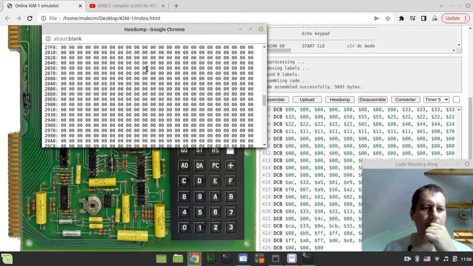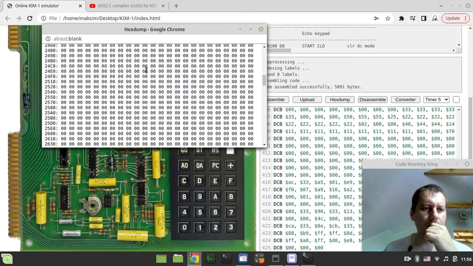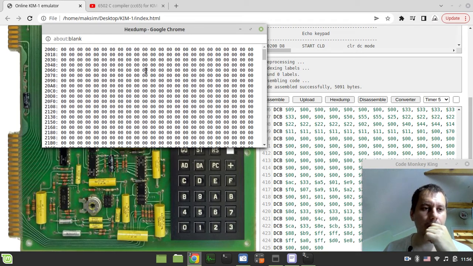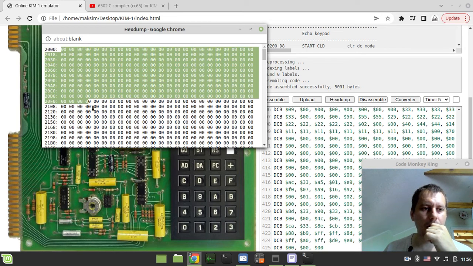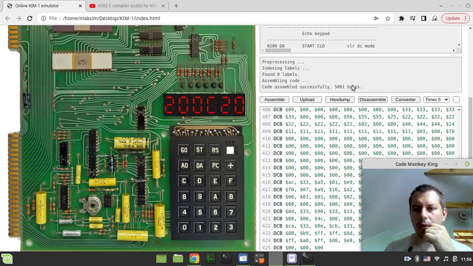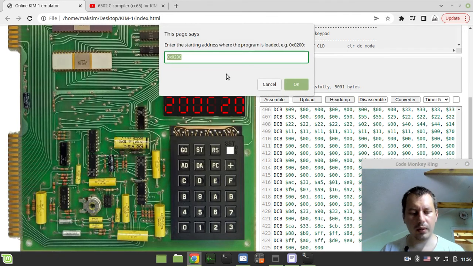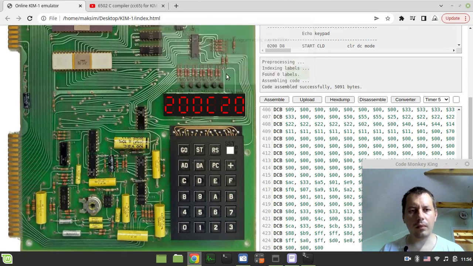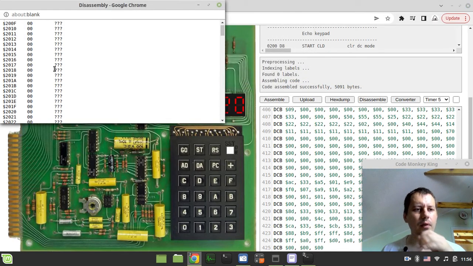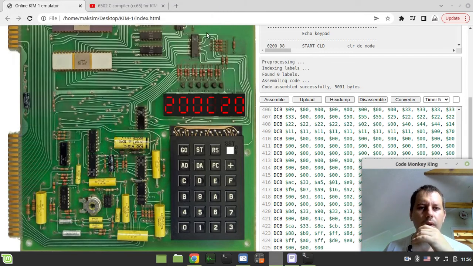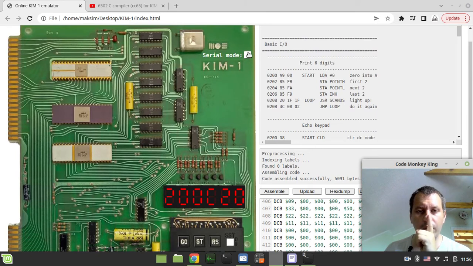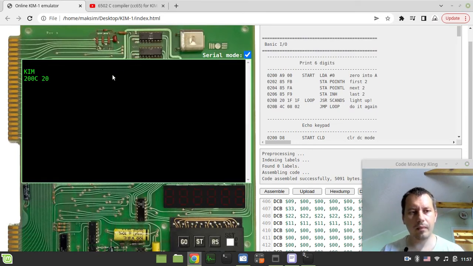Yeah, the reason why hex dump is actually not printing this is because it just doesn't know about it. It doesn't know the RAM can be there, so I need to fix this as well as the disassembler, I believe. However, yeah, I need to alter that as well. But I believe that